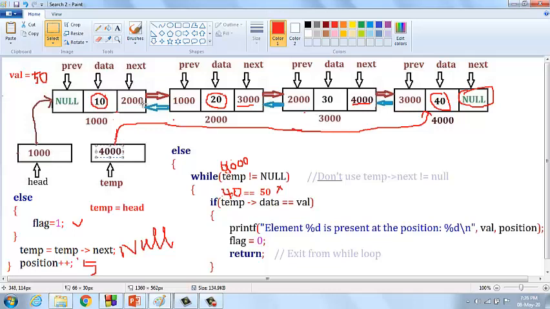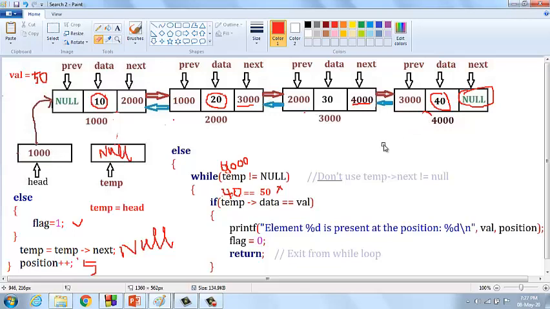Temp is null. Null means it never points to any location in the given linked list. Temp is also pointing to null, it never points to any location in the given linked list.